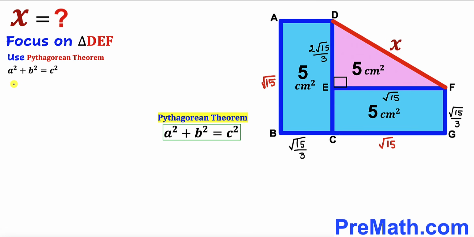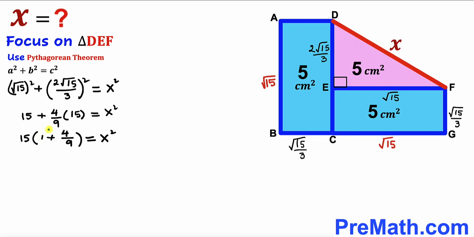So we got square root of 15 whole square plus likewise 2 times square root of 15 divided by 3 whole square equal to x square. Now we know 1 plus 4 divided by 9 is going to give us 13 divided by 9. Therefore our x square value is going to be, when we multiply,